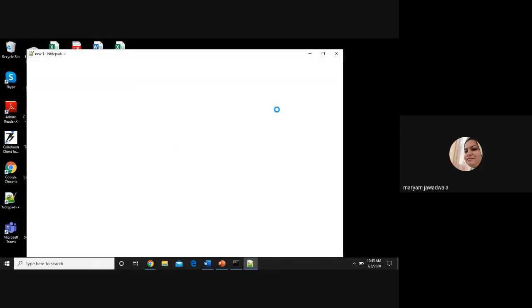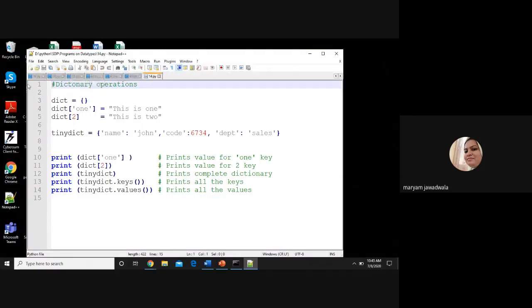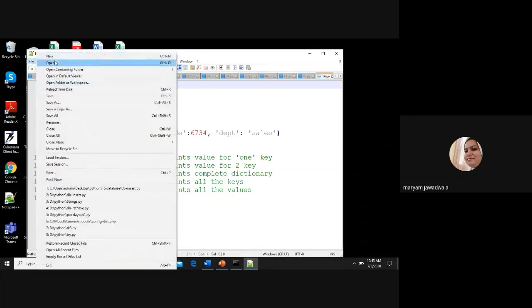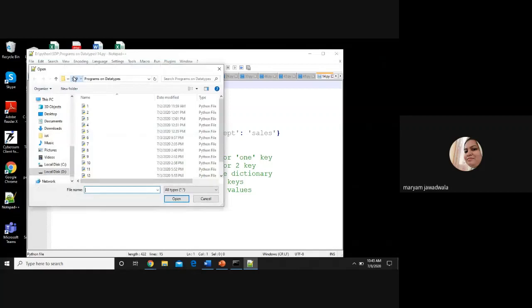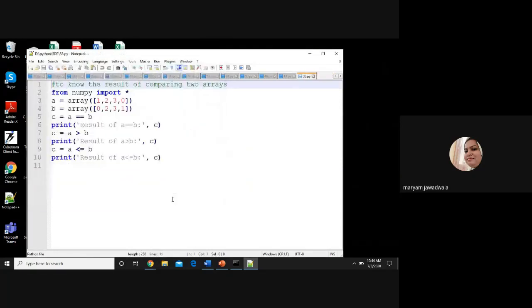My programs are stored in the D drive, STP folder, and the name of the program is 35.py. I open this program. This program is to compare two arrays.